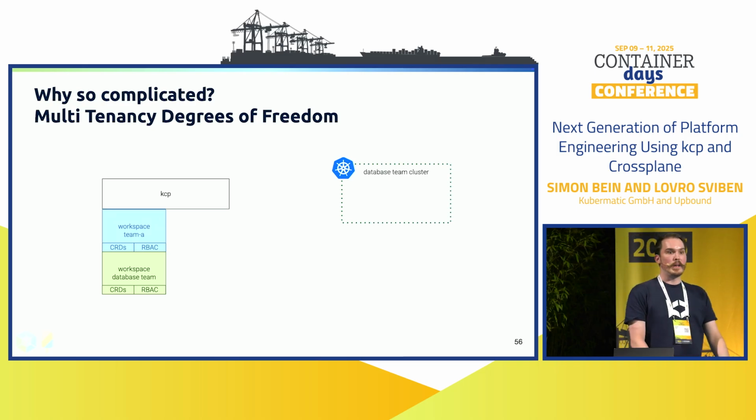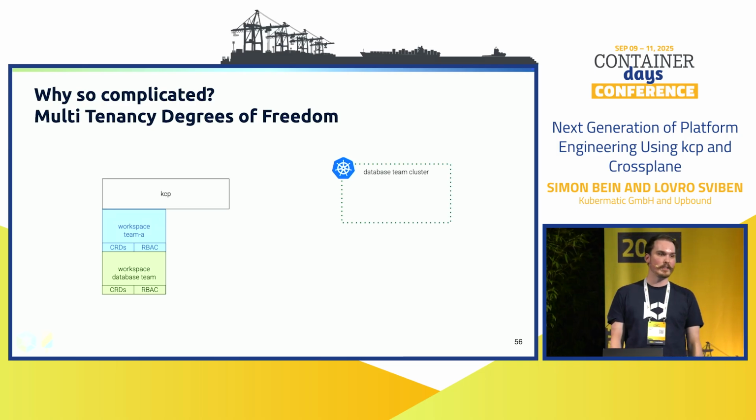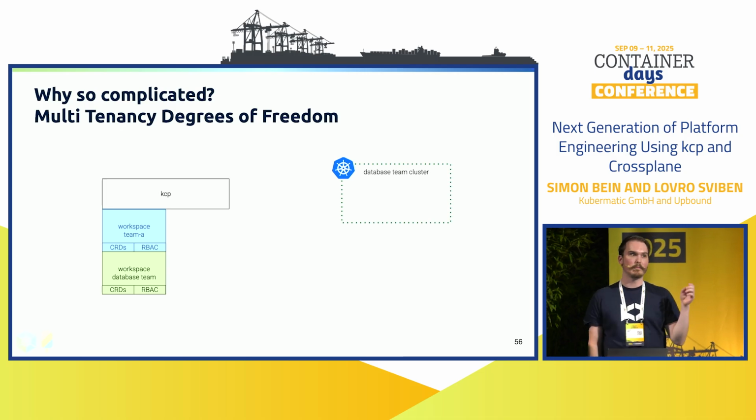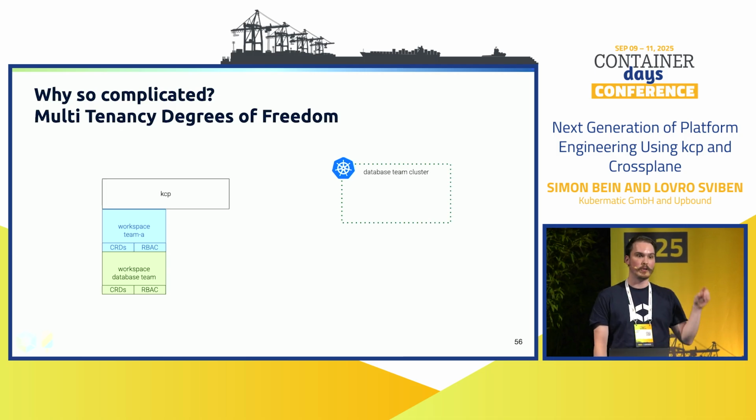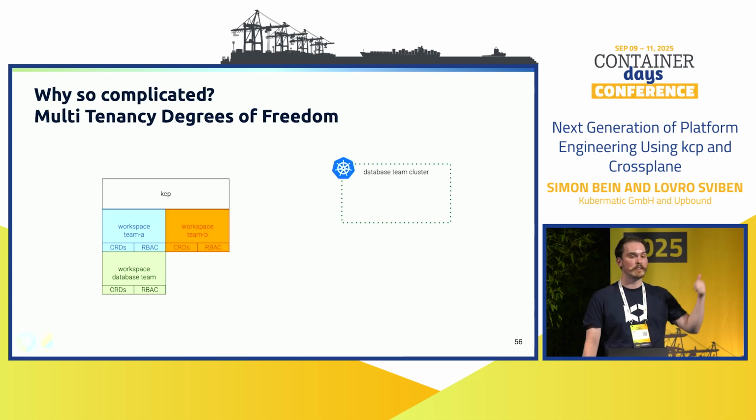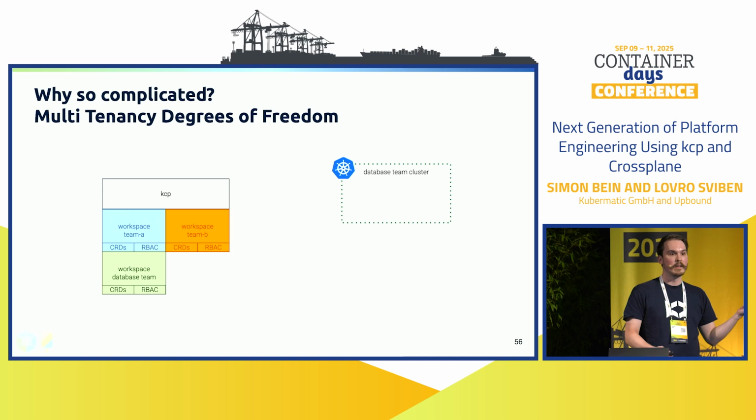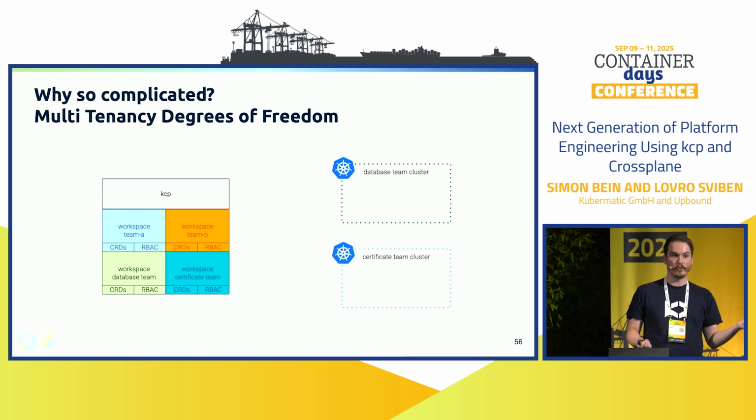All of this has left you probably with the question why it's so complicated. And this is a question that comes up. We just need to talk about multi-tenancy degrees of freedom, because what this system allows us is a lot of freedom. First freedom is, this is done directly in KCP, we can just have multiple consumers. Other thing is we can have multiple providers, and each provider can have their own cluster,